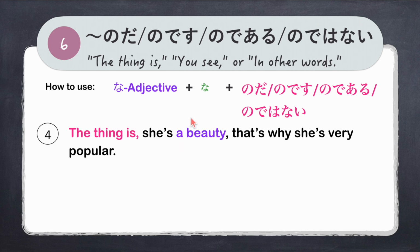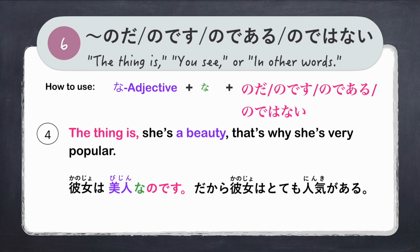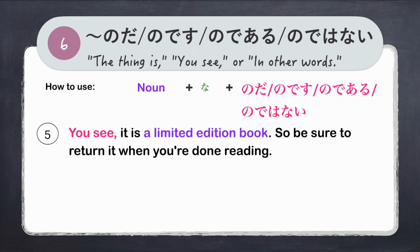Another example is using a na-adjective. For this, we need to add な. For example, the thing is, she's a beauty. That's why she's very popular. 彼女は美人, a beauty, 美人な plus のです. We can use のだ or のです。彼女は美人なのです or 美人なのだ。だから, that's why 彼女はとても人気がある。彼女は美人なのです。だから彼女はとても人気がある。